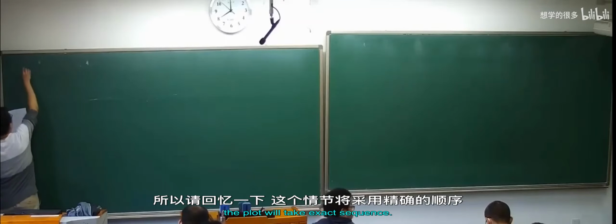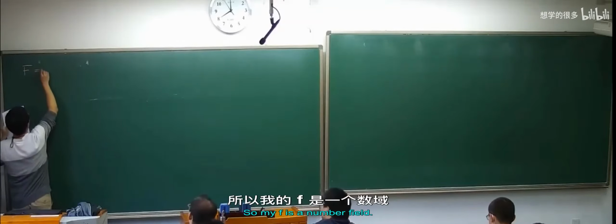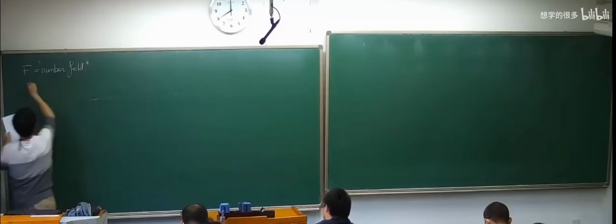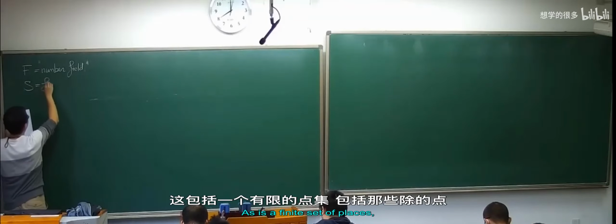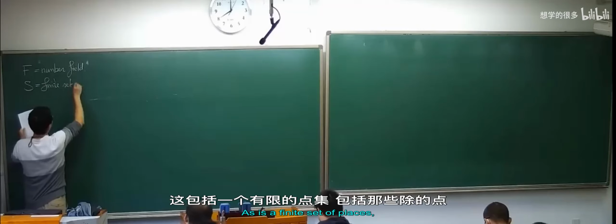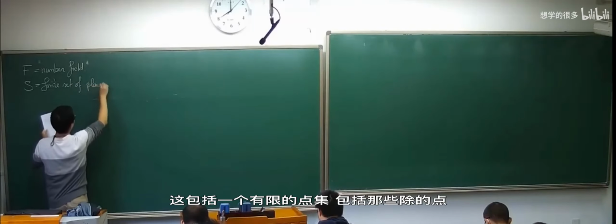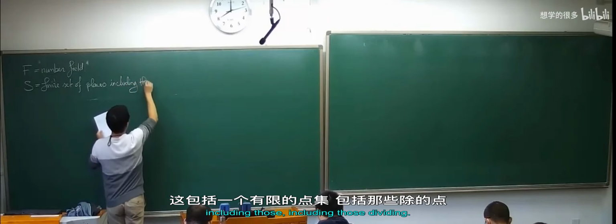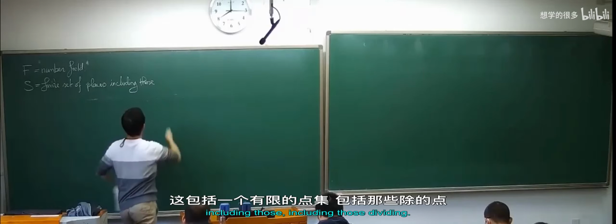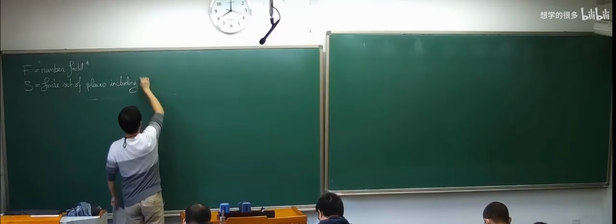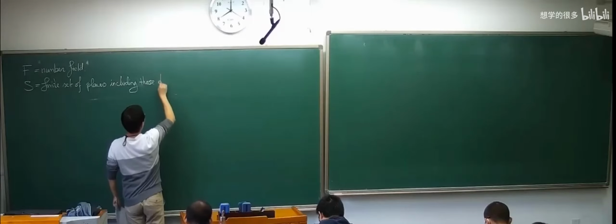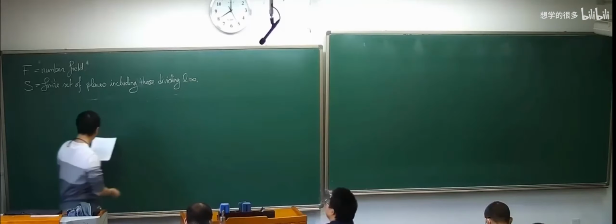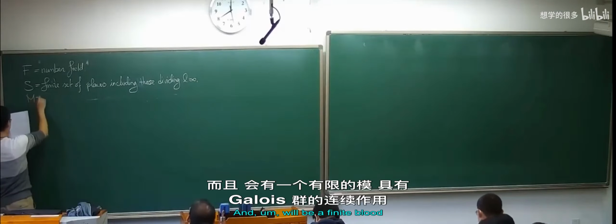Sort of recall the Poitou-Tate exact sequence. So F is a number field, S is a finite set of places, including those dividing L and infinity. Okay, and M will be a